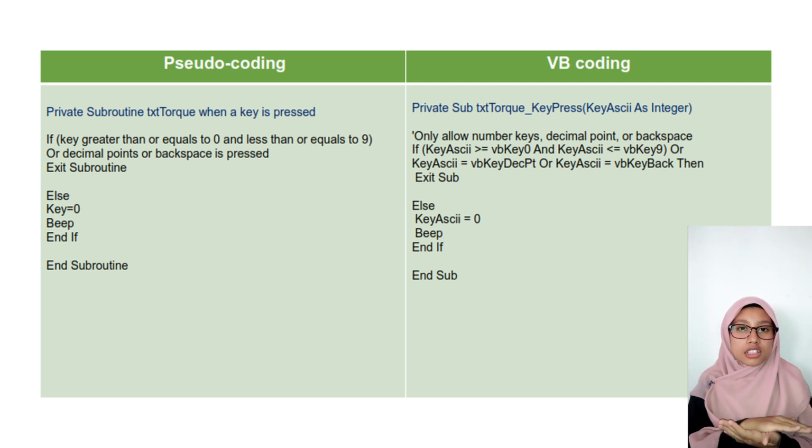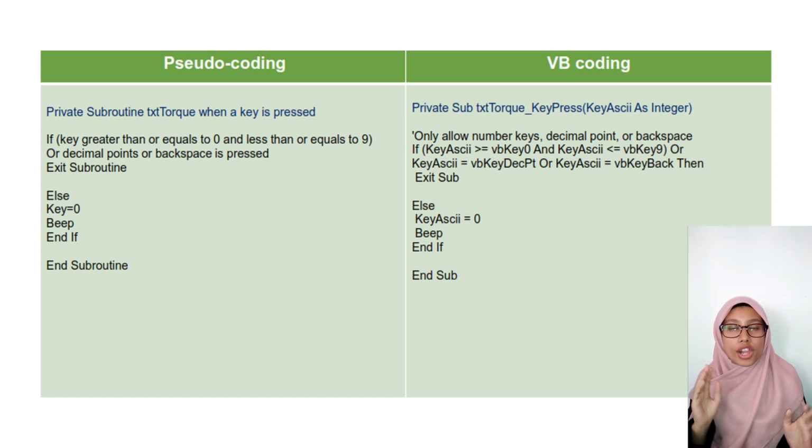And then if we don't have any additional condition, we can end the condition by typing end if in both codings. And then for pseudocoding, for the last line we must type end subroutine, while in VB coding we